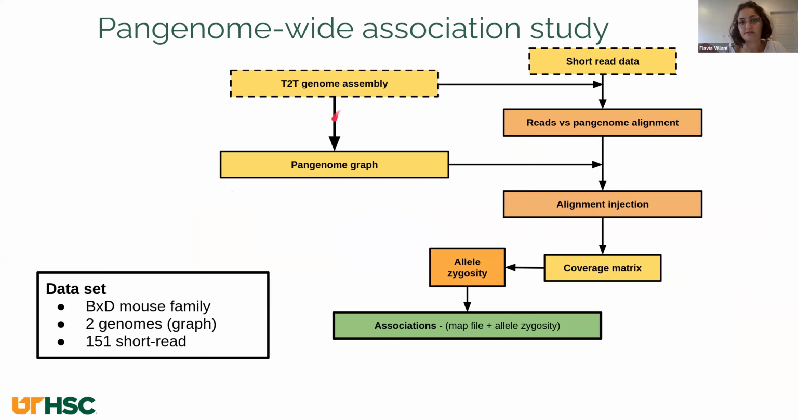And in the meantime, we also built the pangenome graph. Then we project this pangenome graph into the alignment. In this case, we have the information from the alignment and from the pangenome graph. And what we obtained is a coverage matrix, the allele zygosity matrix. And from this, we did some